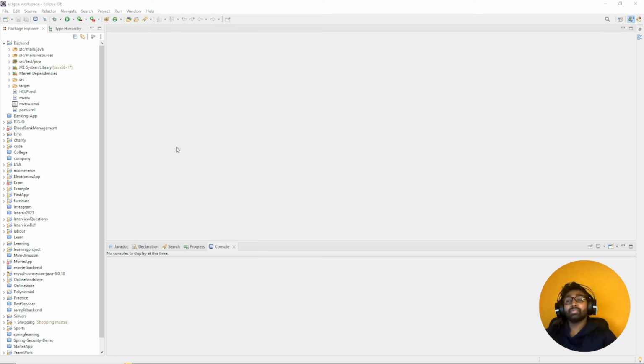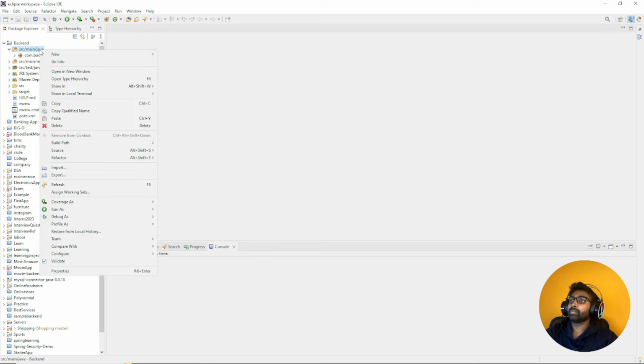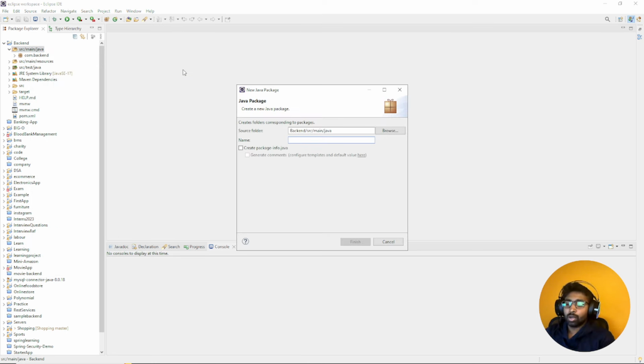So here the first thing I'm going to do is expand this source main Java folder, and you can see com.backend. I'm going to create a few more packages over here. The first one: select source main Java, new, and go for package. I'm going to give the package name as